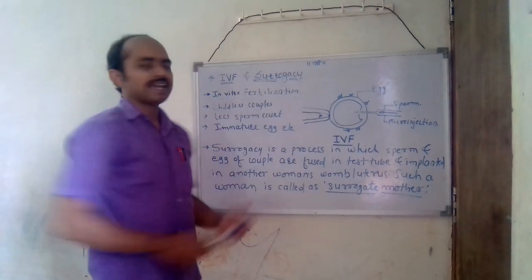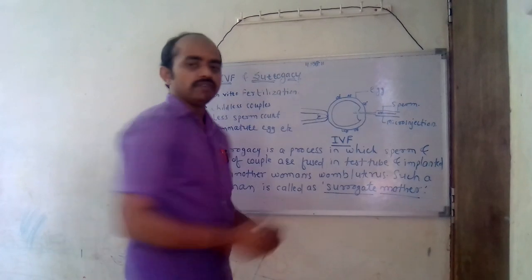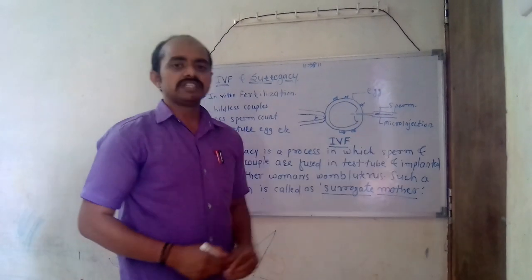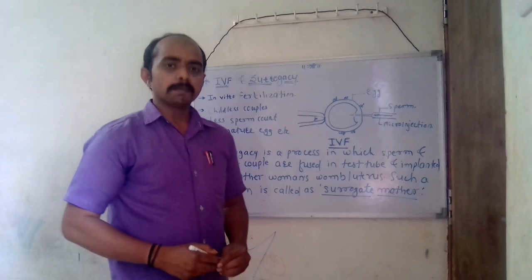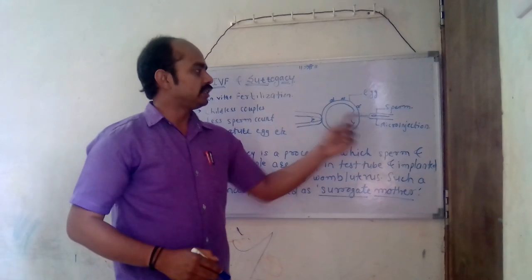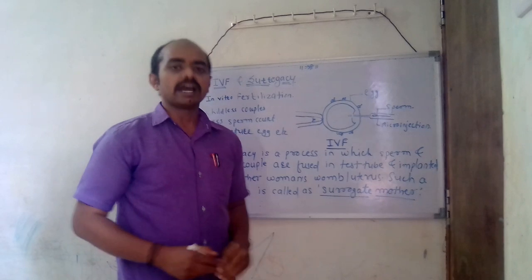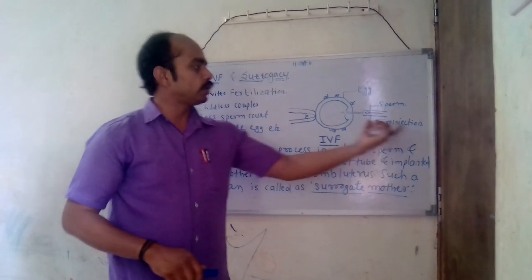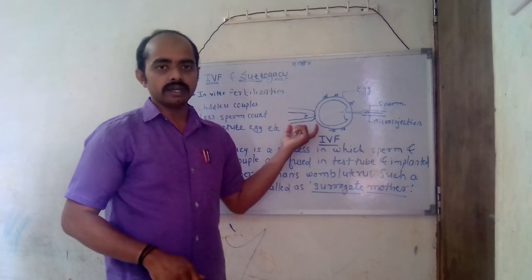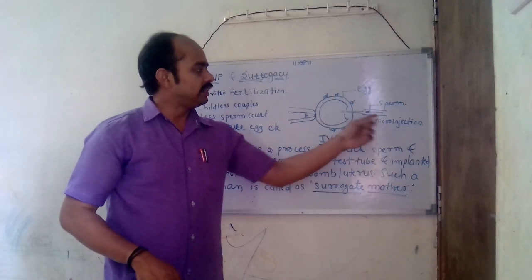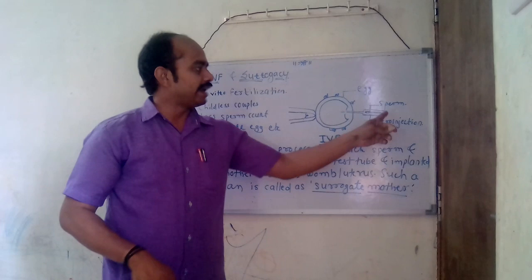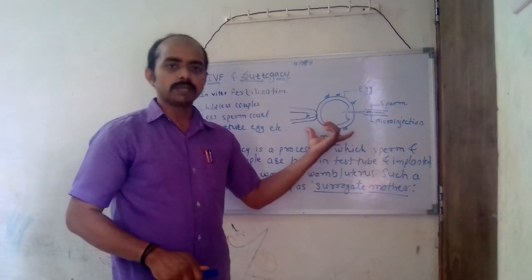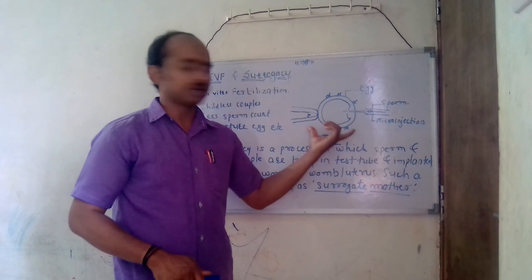In this in vitro fertilization technique, an egg is extracted from the uterus of the female, and the sperm is extracted from the testis of the male. These male sperm and female egg are fused in a test tube in the laboratory with the help of a particular micro injection and an egg holder. You can see here, this injection injects the sperm inside the ovum, that is inside the egg, and here in the test tube, in a proper, balanced condition, the